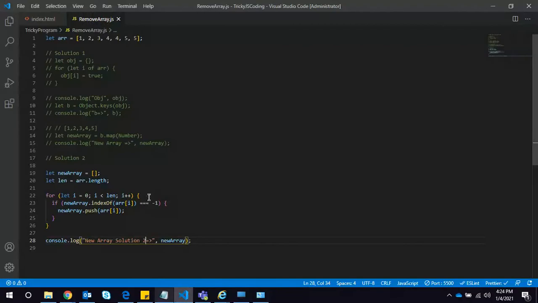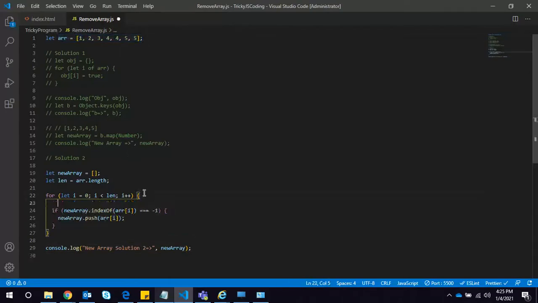So what it does: initially the new array is empty, so it will loop through each element in the array. Let's assume we have this array. Initially new array is empty and array[i] is 1, so it will check the index.